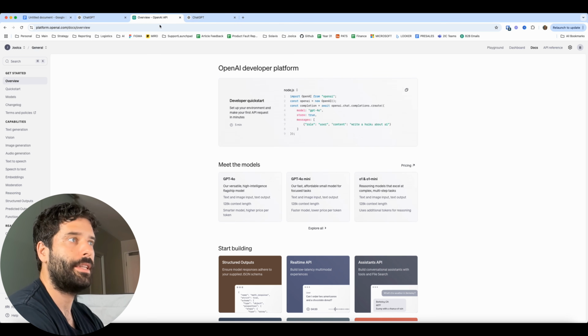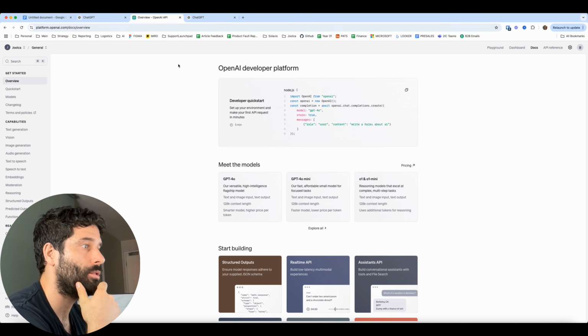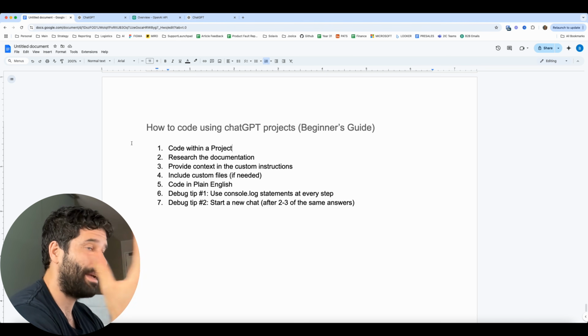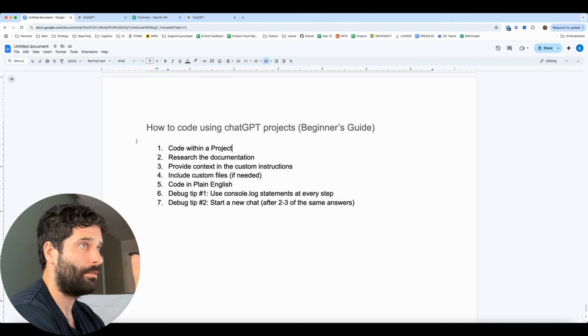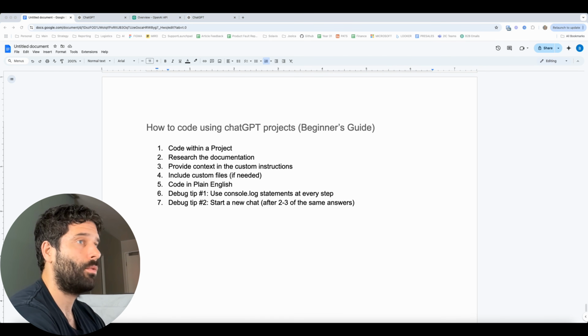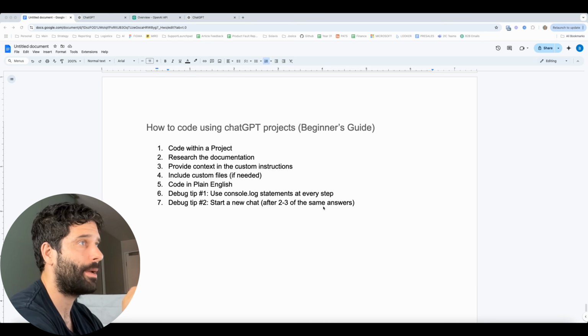So for this example, I am not going to do a website. I'm not going to do a complicated app. Really what I want you to see is mainly these rules, explanation of why ChatGPT Projects is pretty cool in the context of Cursor. And then we're going to be doing a very basic example of how to interact with a ChatGPT completion step, kind of like we're messaging ChatGPT just one time and getting a response back. So we're going to write that